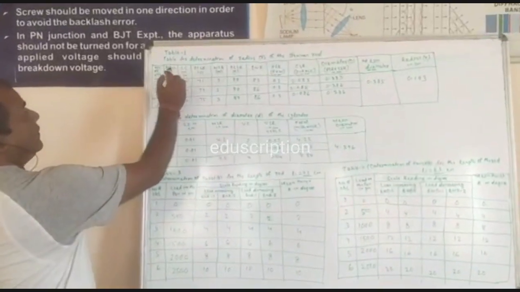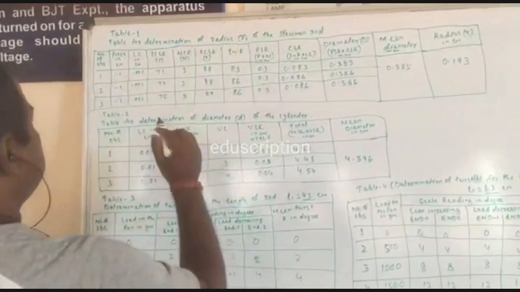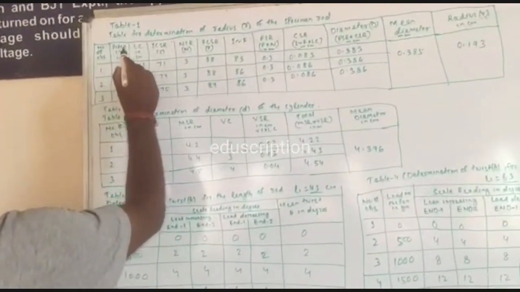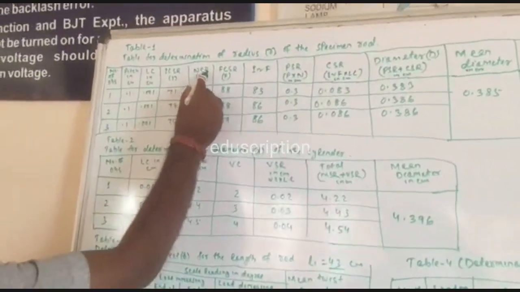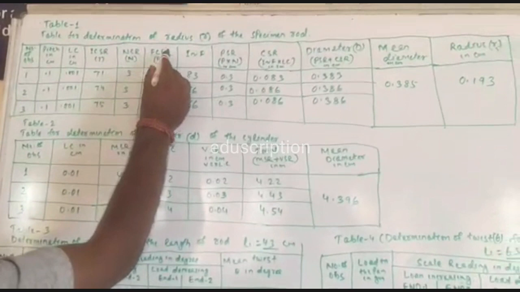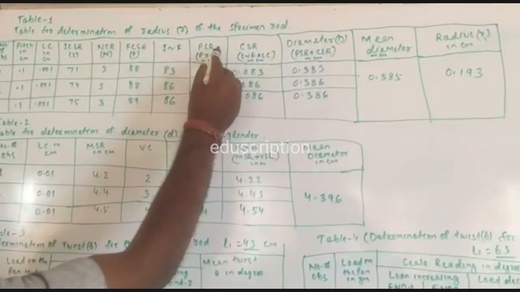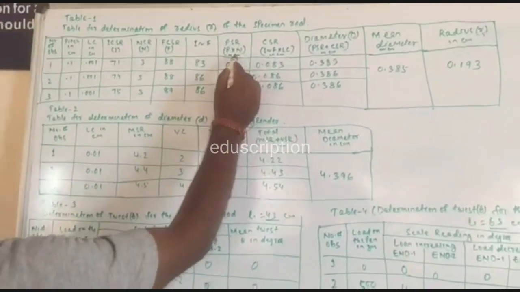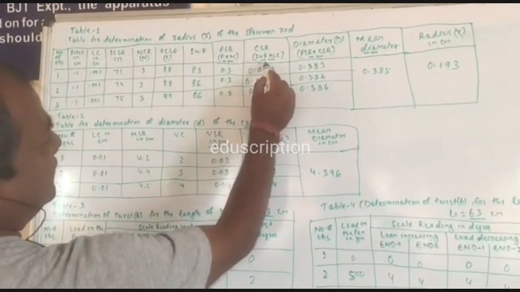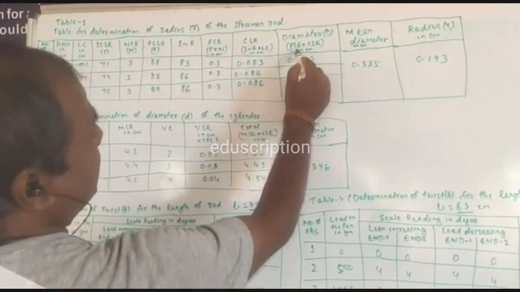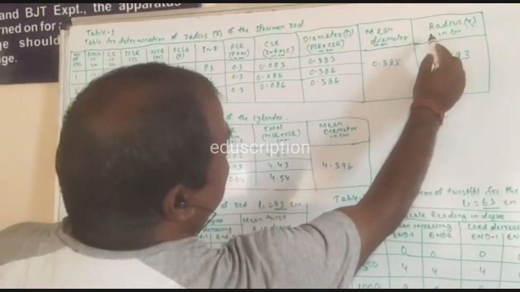Table 1. Table for determination of radius R of the specimen rod. That is number of observation, pitch in centimeter, least count in centimeter, initial circular scale reading, that is I, number of complete rotation N, final circular scale reading F, difference is your F minus I, pitch scale reading, that is pitch into number of rotation in centimeter, circular scale reading, that is difference into least count, that is also in centimeter, diameter, PSR plus CSR in centimeter, then mean diameter, then finally we have to find radius R